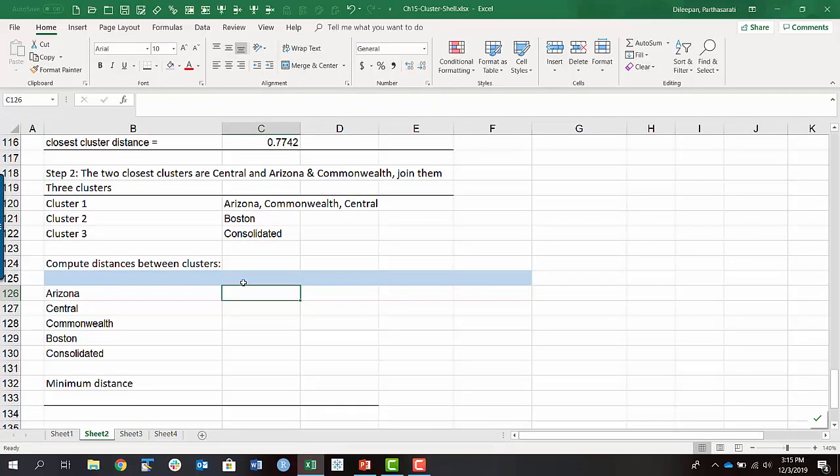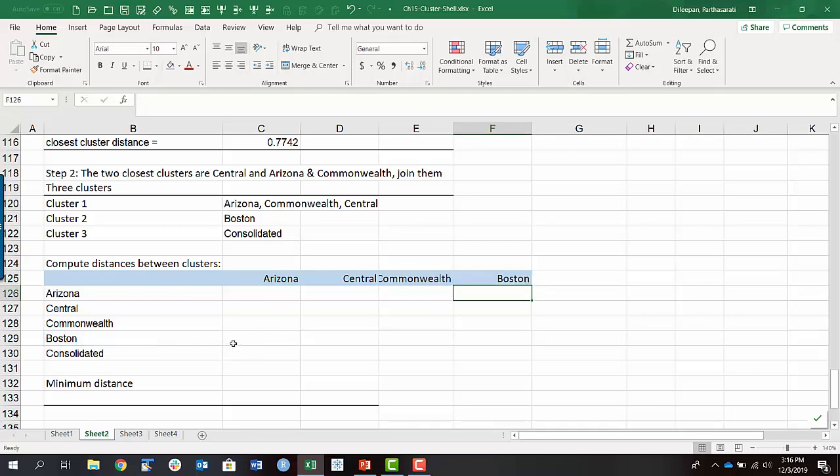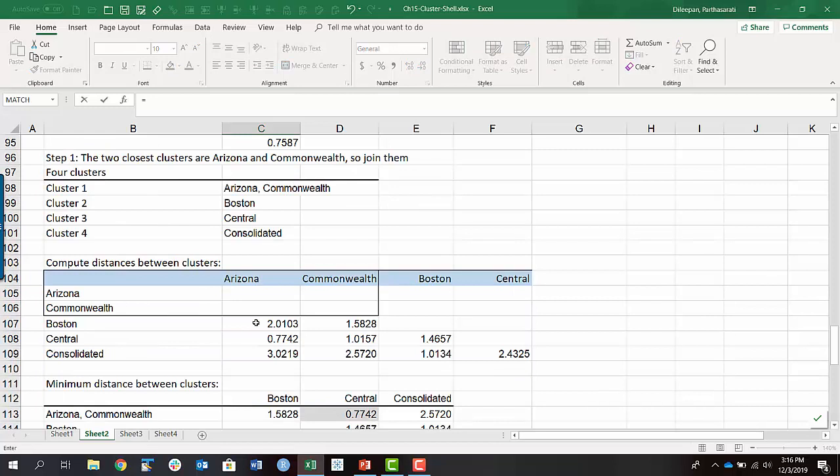Okay, so we have Arizona, Central, Commonwealth, and then Boston. All right, so let's look at the distances. Central